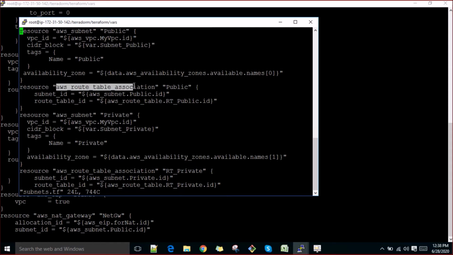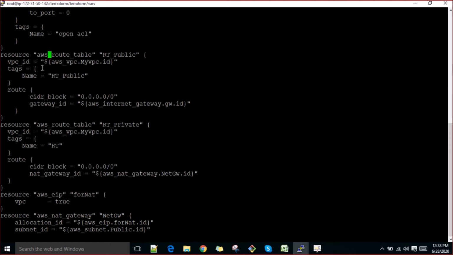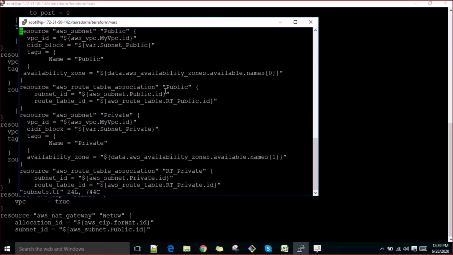So when we were assigning the route table, what is that? Route table association, right? The resource name was, we said public, and we said this is the route table that we have to assign. So here what we are doing, when we are creating the route table, resource aws_route_table, and we are giving it a name rt_table public, right? And this is the VPC where it will be created, and what will be the route, we are saying it's 0.0.0.0/0, and it should be routed through this internet gateway that we used to do manually, if you remember, guys, right? This is how this is working. We are saying this is the route table, and the name of this route table is this, that we have specified here itself in the public subnet, right?